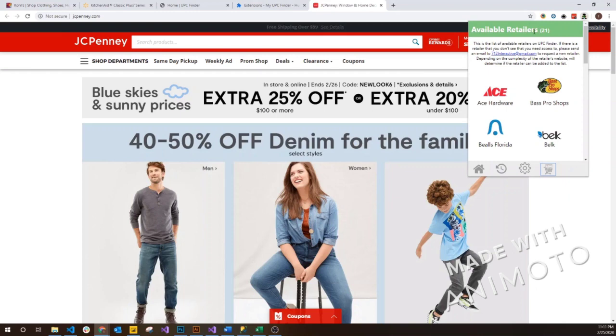Some retailers you won't be able to do this with because the retailer has blocked the ability to see the manufacturer UPC from the front end of their website. For instance, Bed Bath & Beyond is currently like this. They don't have the UPC readily available for this extension to be able to see on the website, so it can't actually grab that UPC. So there are some retailers like that,